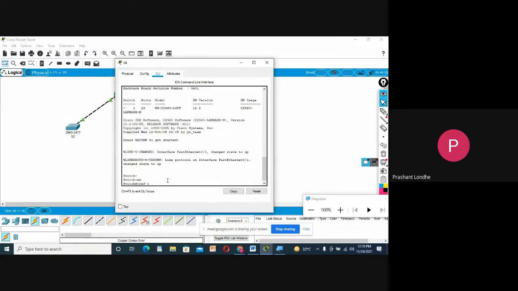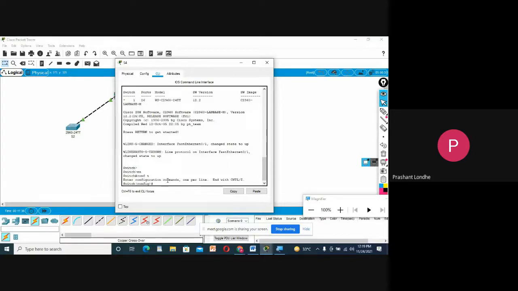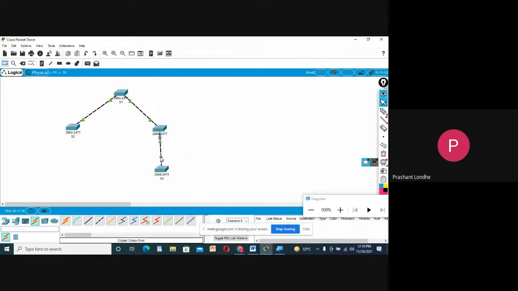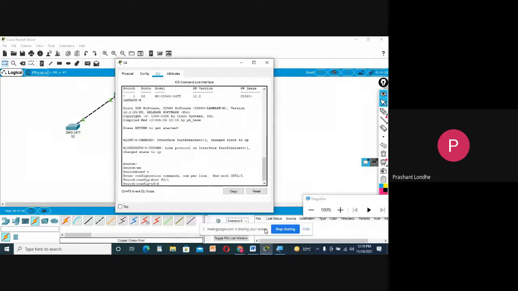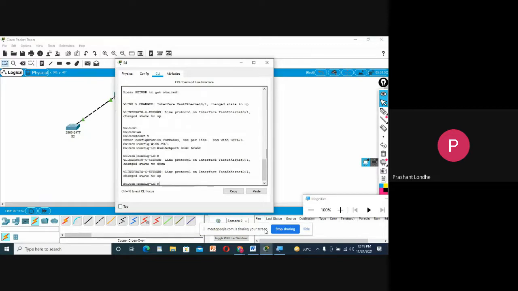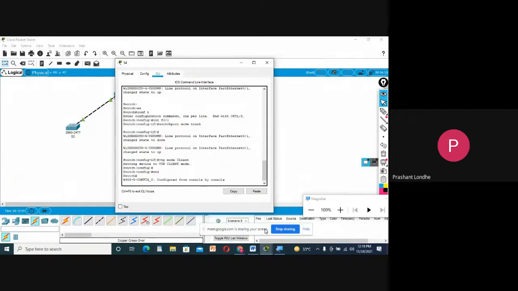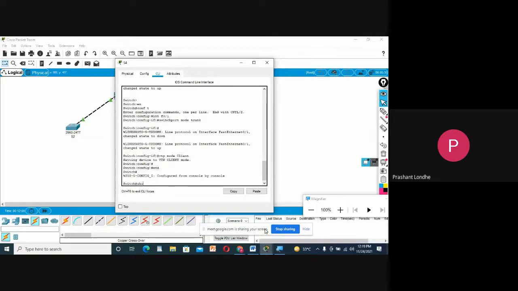Enable, configuration terminal, interface F0/1, switchport mode trunk, and also I need to set the VTP mode as a client, and show VTP status.